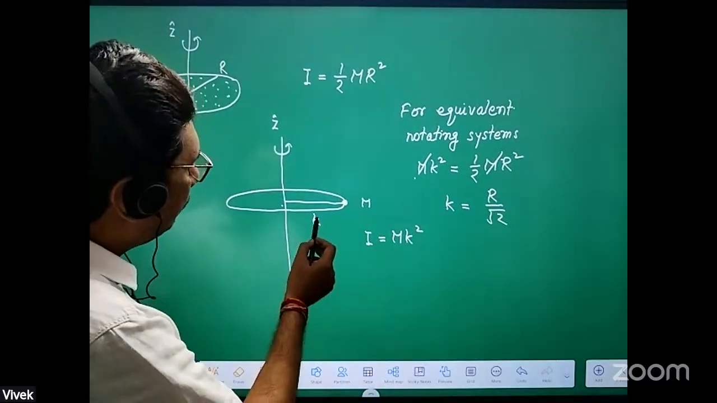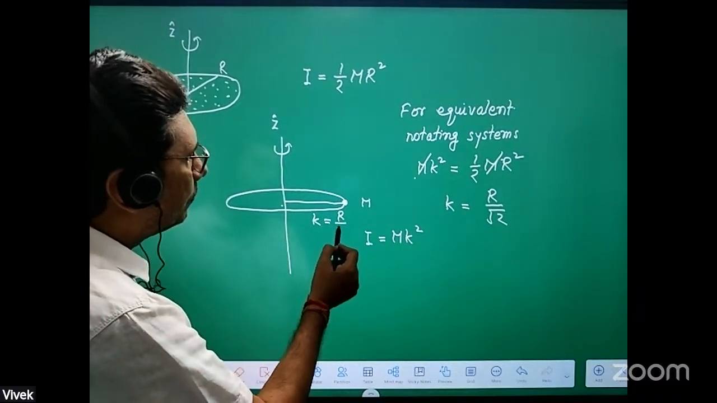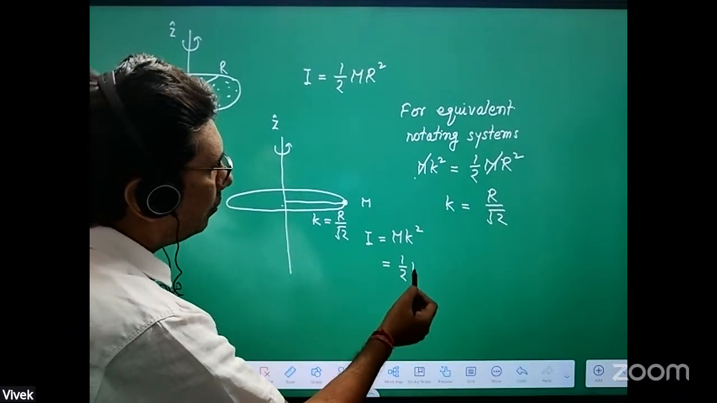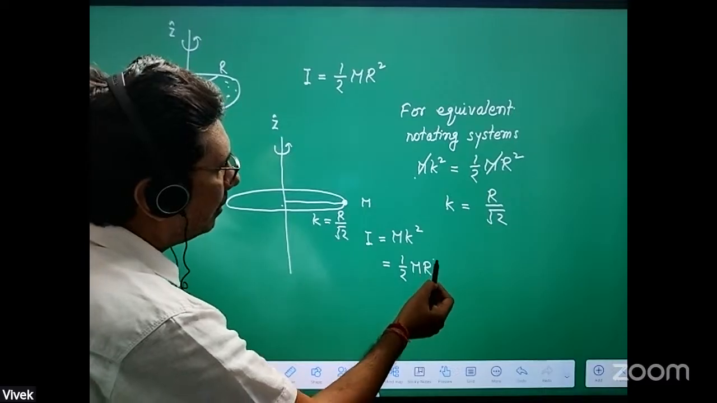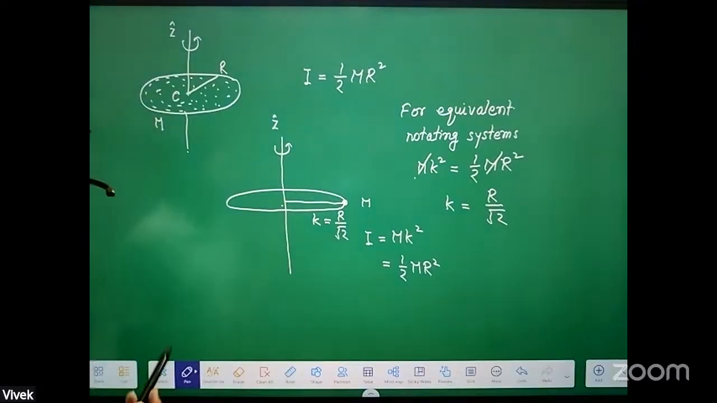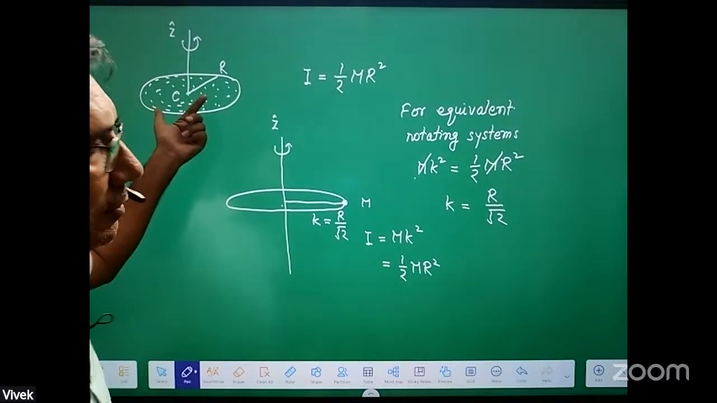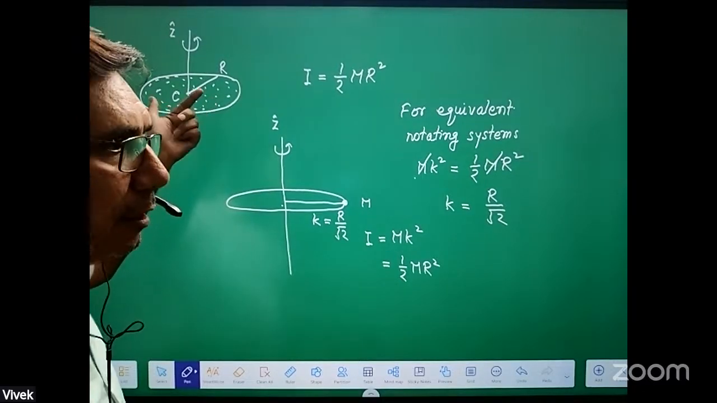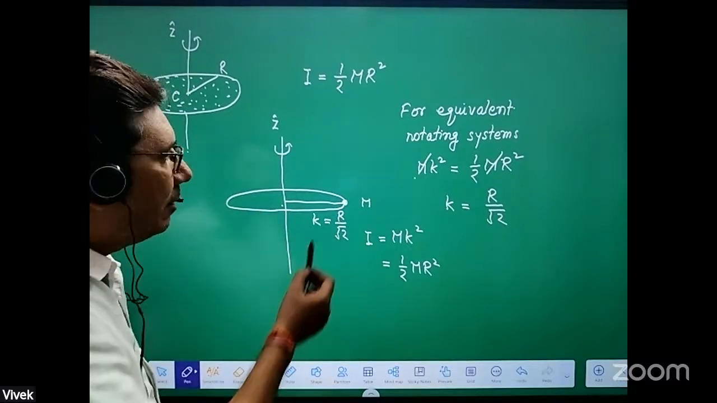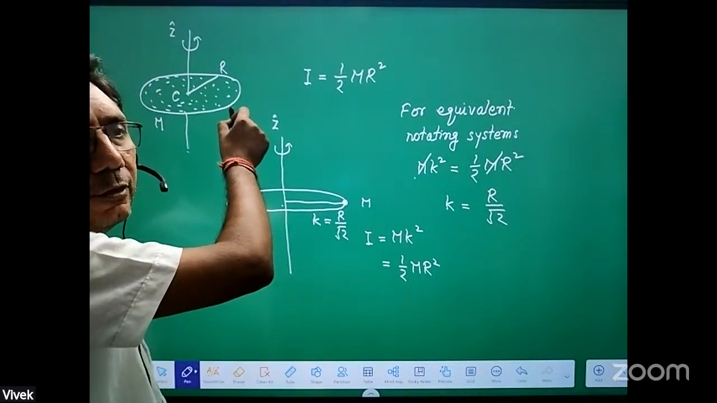So if I choose this k equal to r upon root 2, then moment of inertia of this system will become 1 by 2 mr square. So this rotating system and this rotating system, they are equivalent, not equal, but equivalent. Whatever will be the moment of inertia of this, you have converted this moment of inertia problem into a single particle rotating problem, where mass of this particle is same as the mass of this rotating object or rigid